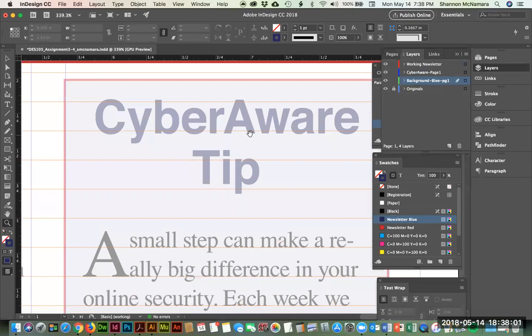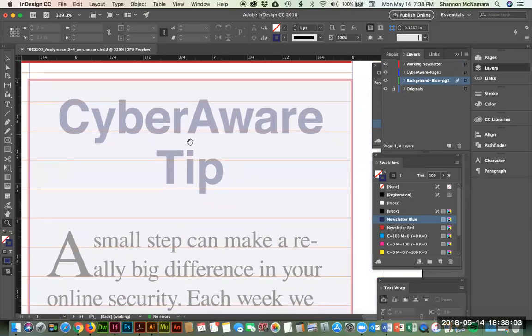And again, another tip would be, you know, add your background, add your border color, your red, add your newsletter blue. I can tell you it's going to be 20%. So I'll help you out there. Set that. And then once you draw the square,